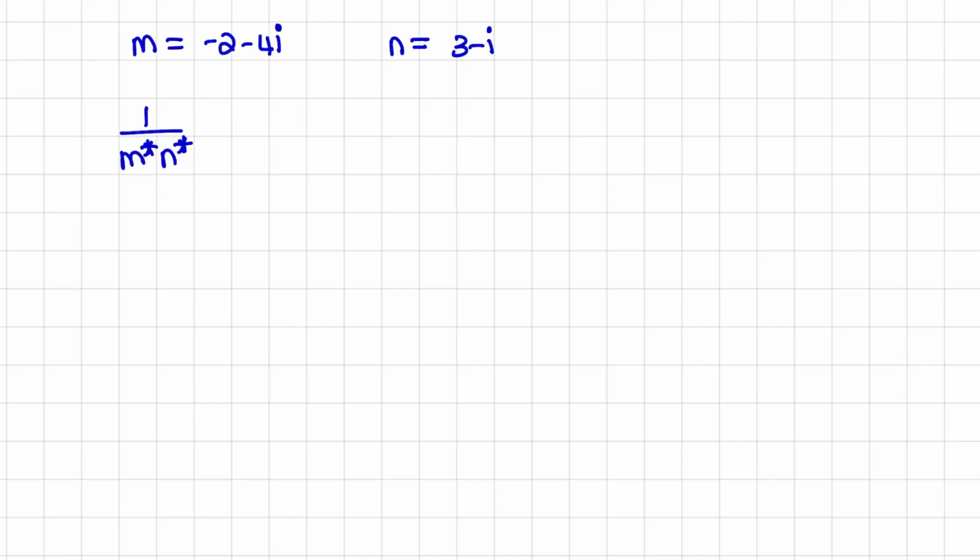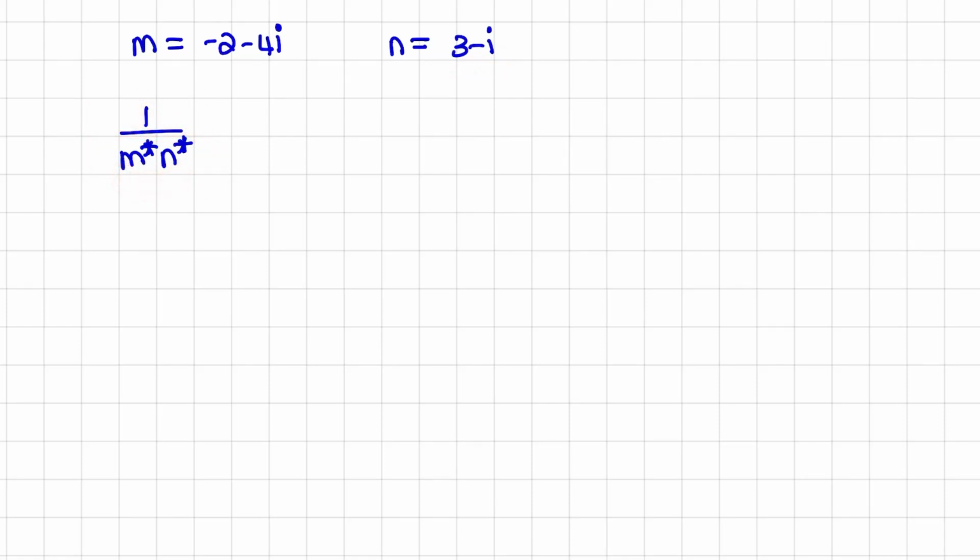In this video tutorial, we'll continue with our series on complex numbers. So let's say we have two complex numbers, one being m equals negative 2 minus 4i, and the second being n equals 3 minus i. And we want to simplify this fraction of 1 divided by the product of the conjugates of those two complex